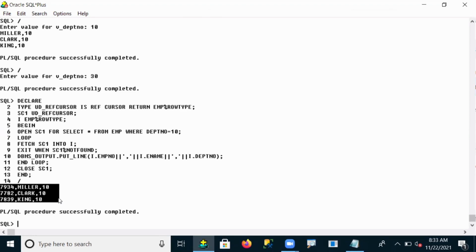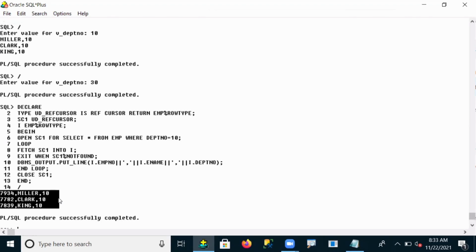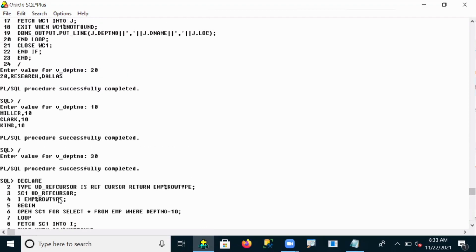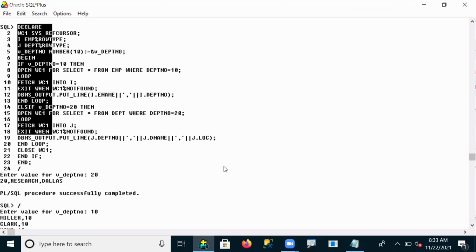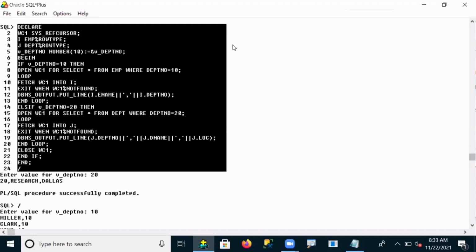Now, but strong ref cursors are not supporting access to any one table or multiple tables. Understand? Suppose you have that doubt. Same example, this is our multiple-table example. Now you have to convert it into a strong ref cursor, then you can understand whether it is supported or not. I gave that in the documentation for your checking purpose, one example. You just check it out at practicing time, and you will understand whether it is accepted or not. So these are the ref cursors.